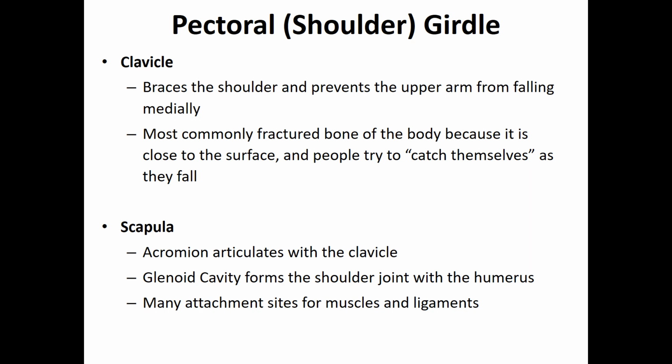The scapula then, posteriorly, is going to have its acromion process articulating with the clavicle to form that girdle in itself. The lateral part of the scapula has the glenoid cavity, and that's what forms your shoulder joint by articulating with the humerus. This is going to have a lot of muscles and ligaments all around it, and it's not a very stable joint, that glenohumeral joint between the scapula and the humerus. So we're going to study a lot of accessory structures there that help to stabilize it as a very movable